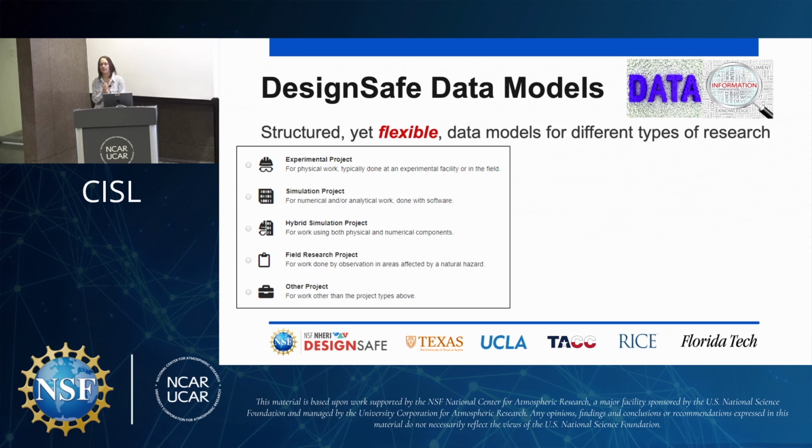And so we decided on a very specific strategy towards data and data formats. The key is we'll take whatever you will give us, okay? Our data models are structured yet flexible so that they can support you in organizing the data the way you want to organize it, because it makes sense. You as the researcher understand best how to organize that data. So we really only have 5 data models, although we're thinking about adding maybe a 6th one on AI machine learning, but